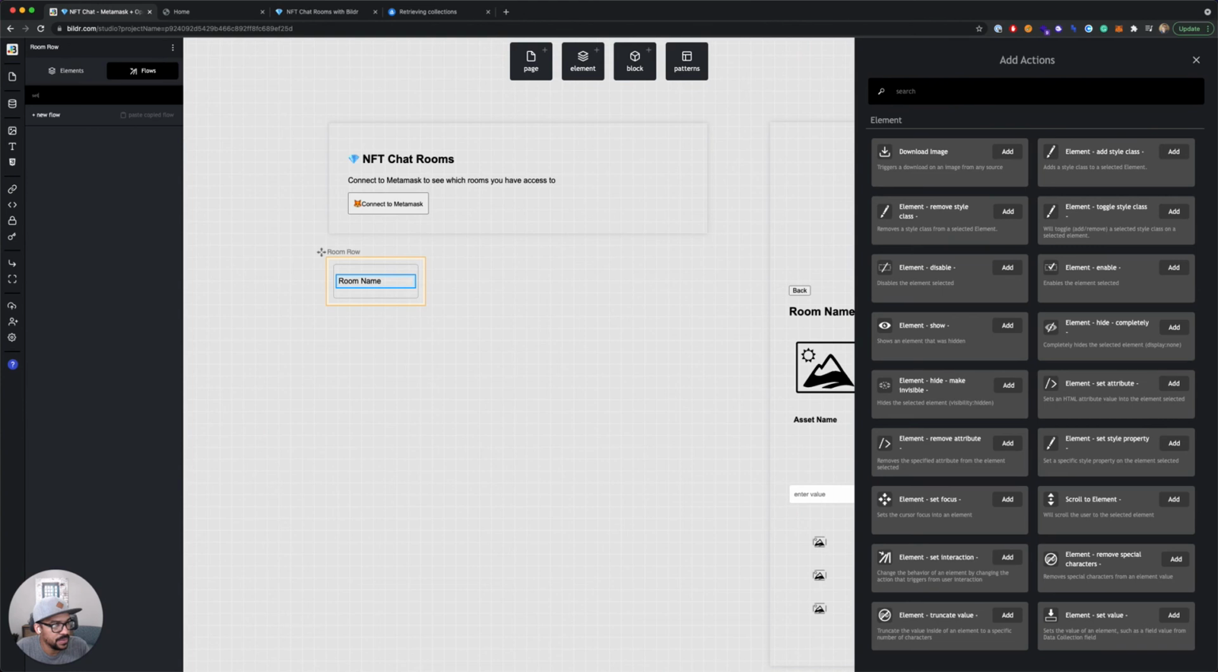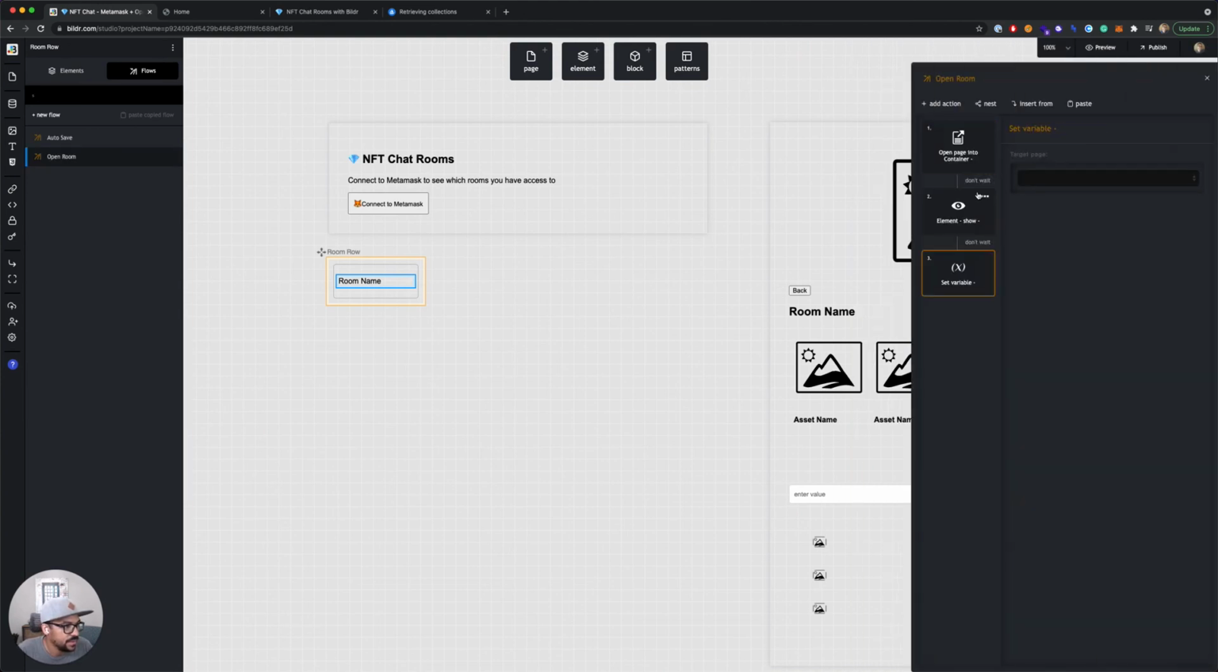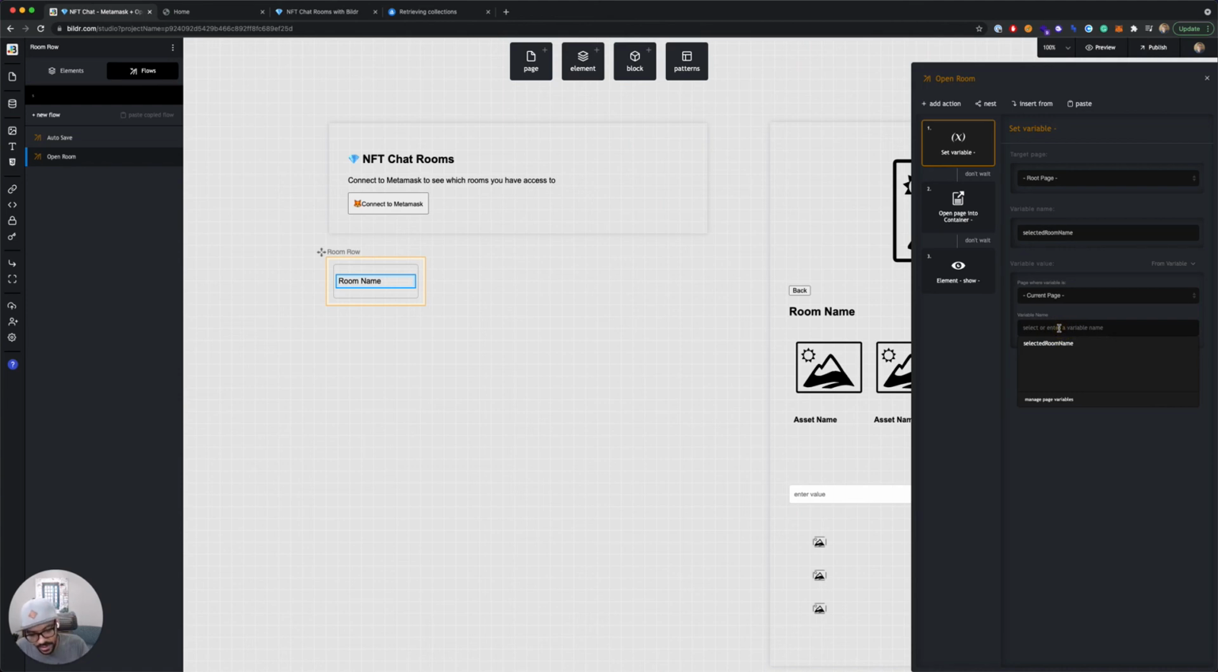We're going to set a couple of variables. So let's add a set variable and move it up to the top. And this will be on the root page. And we want to call this selected room name. And it's going to be from the variable on our current page, which is just called name. And then we want to duplicate that and do the same thing for the image. So we'll set a variable called selected room image